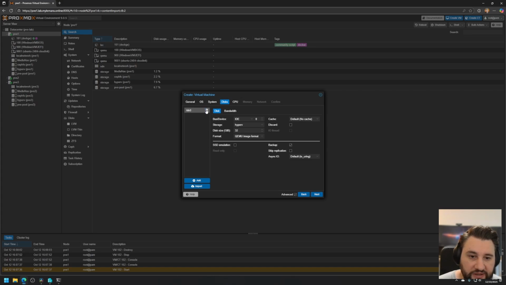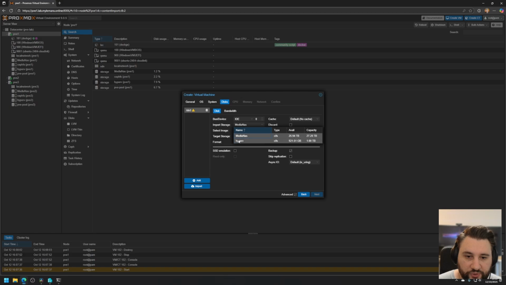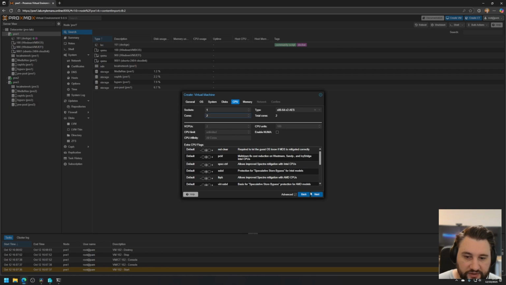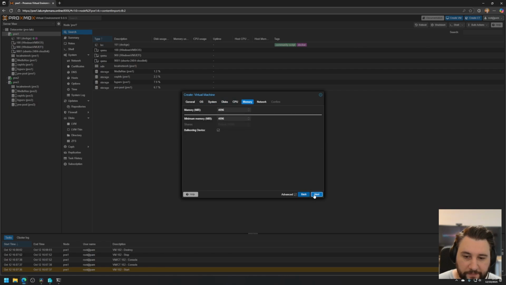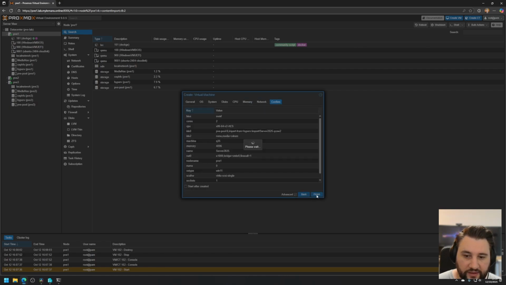Remove the default disk. Import the disk. Make sure to select the correct import storage. Select the image you created and the correct target storage. Select the cores you want and the memory. And press